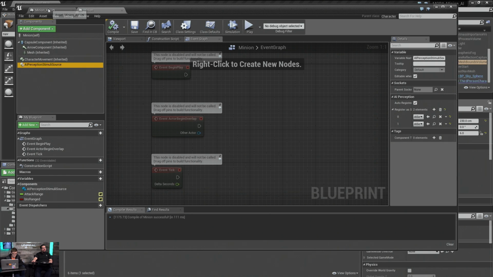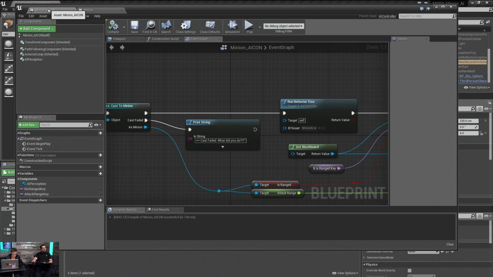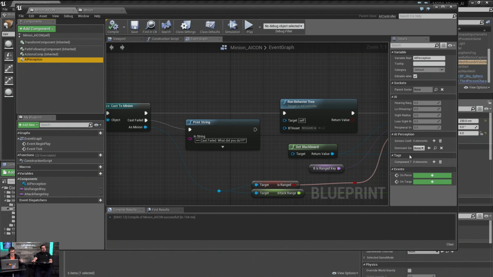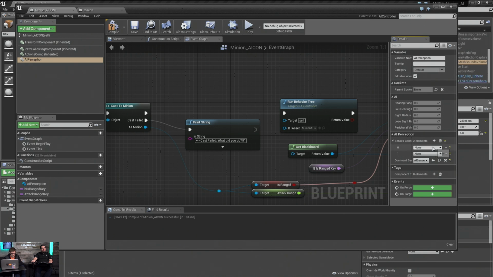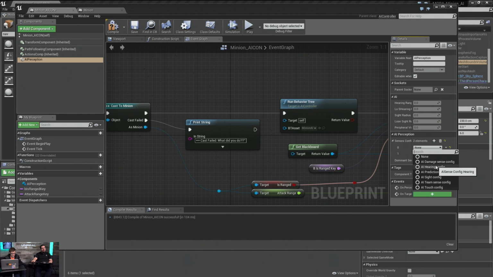No, these are good. I'm trying to remember the team thing. But the AI perception here is where we make sure that we detect across all the teams. So dominant sense, we are going to do sight. We're going to add in the two senses that we're going to use. For those who can't really see, clicking the AI perception component, the AI perception component allows us to actually sense the world.